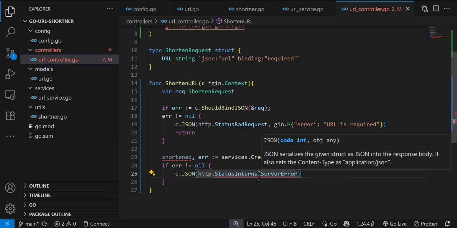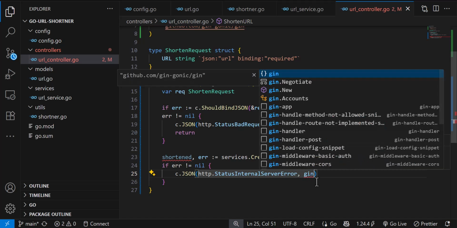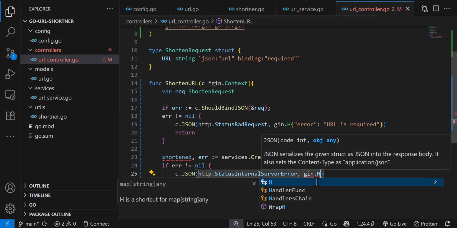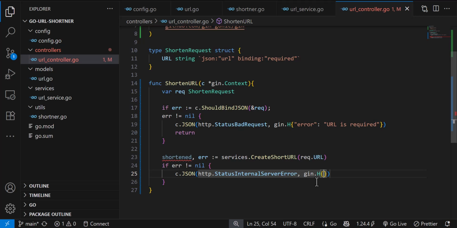Okay, we have that one over here. That means that internally, if an error occurs in creating the shortened code for the original URL, we should quickly bring that in over here, then use gin to output the map message for us to know what actually happened. So we will do a gin.H, inside it we'll bring in our map, and we'll say that an error occurred, and that is the key. Then the value is